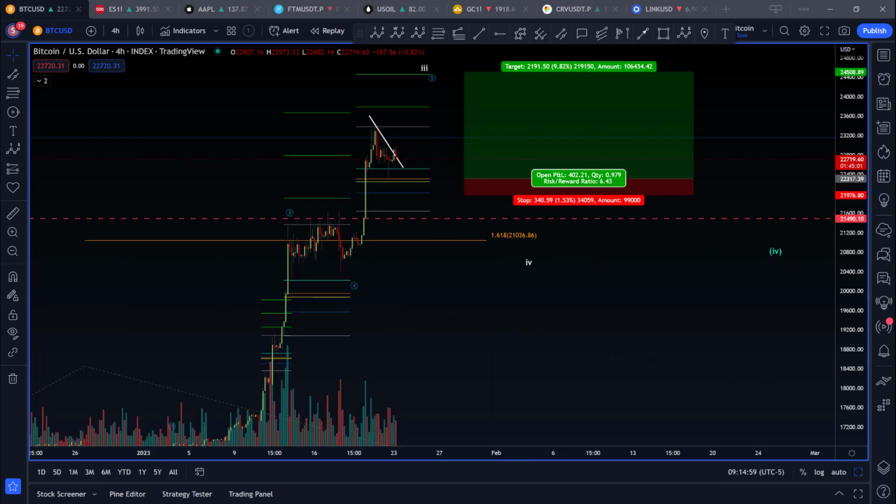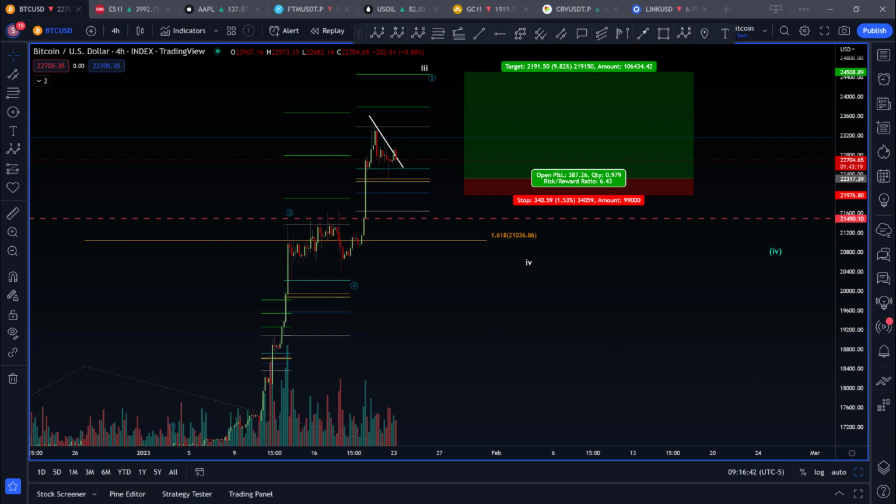If you're one that likes to step in front of a freight train to try a short play, let me give you caution. While we do show that we have a potential resolution to the upside, in these very expansive moves, we can continue on and extend internally before retracing. In my opinion, a better play is to trade the trend until it proves you wrong. This is a trade we're tracking for the members this morning.